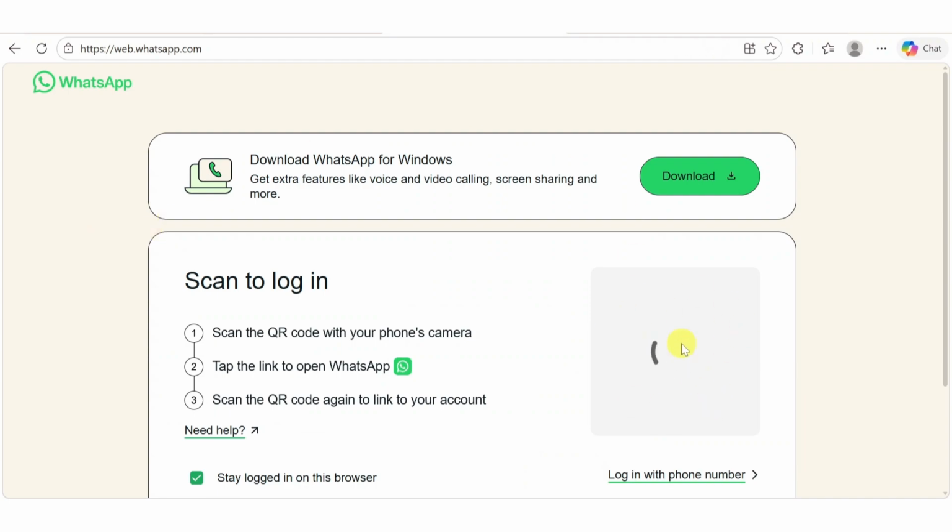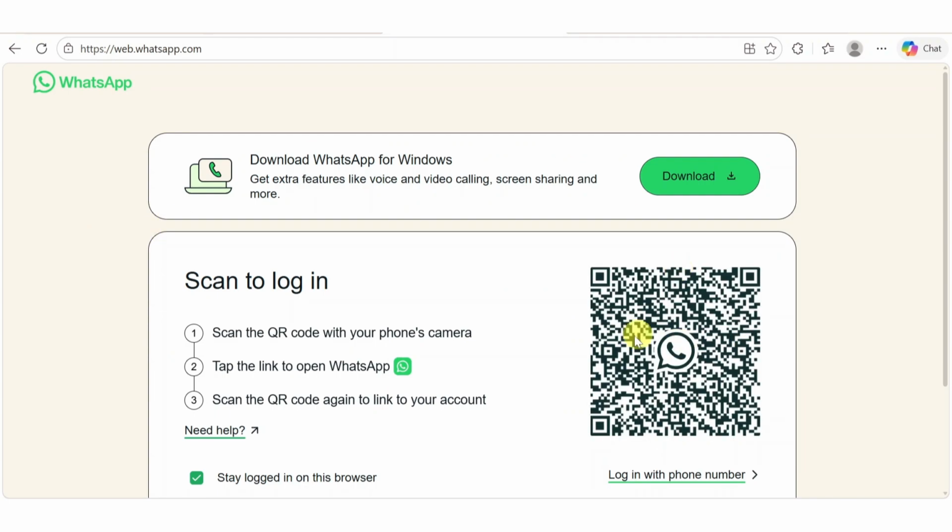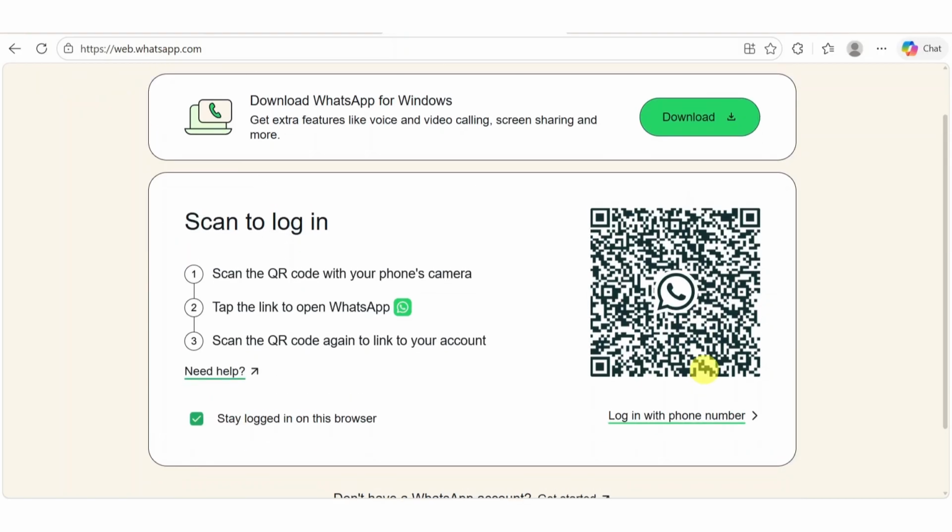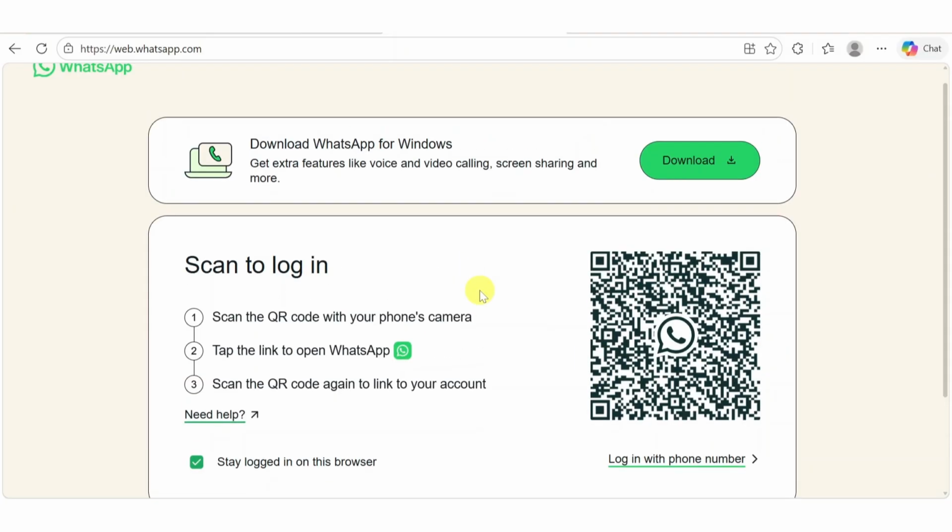So you're going to head over to your phone and then go to the profile at the bottom right. Click on Linked devices and then click on Link a device at the top. You'll be able to see your camera open in front of you. You're going to adjust your camera with the QR code, and once the QR code is scanned, you'll be redirected